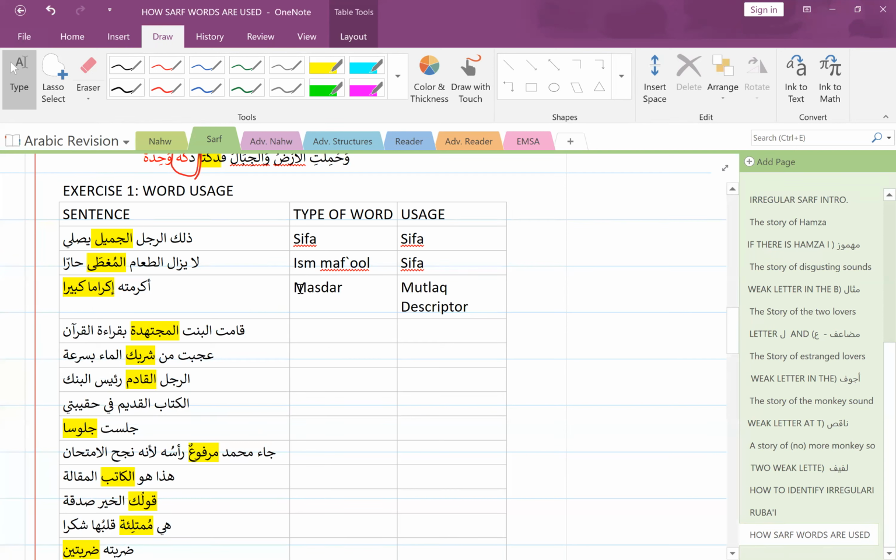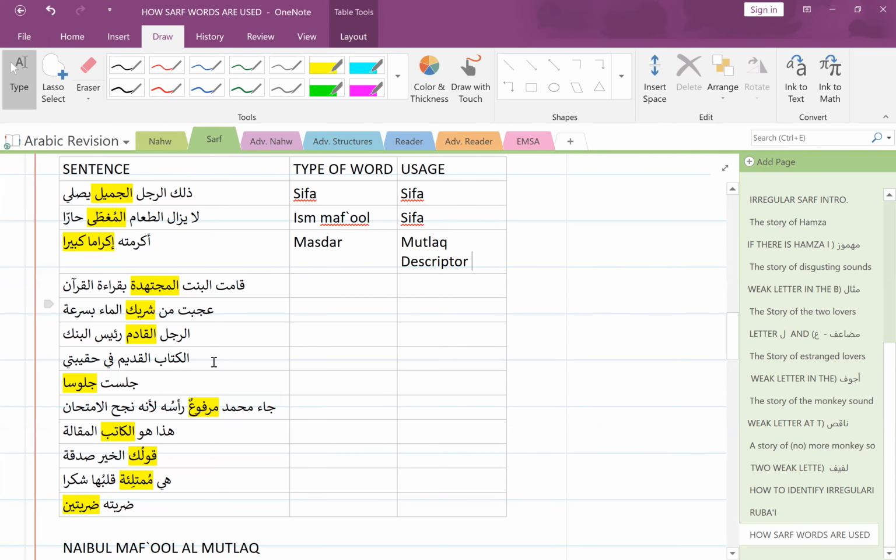Okay. And then we have قامت البنت المجتهدة بقراءة القرآن. What is المجتهدة? اسم فاعل. اسم فاعل, exactly. And what is it doing here? صفة. Yeah. So it's acting as a sifa. Yeah. There we go. And then we have